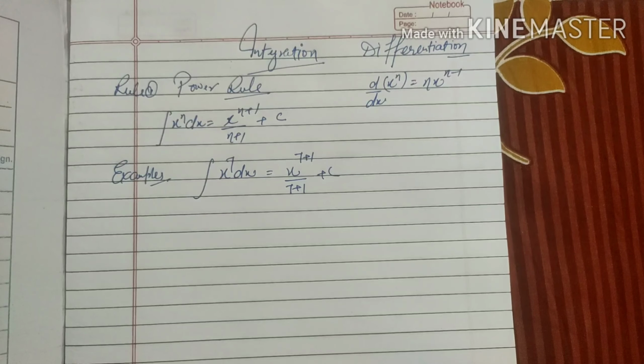Another example we are taking here, 1 by square root of x dx. If we see here, 1 upon x raised to power half with dx. We shift x upside, because we have the rule that the variable should be in the numerator. This rule is true only for n not equal to minus 1. Shifting upside, x raised to power minus 1 by 2 dx, in the numerator, with change of sign. According to the power rule, power increases to plus half, divided by half, plus c. Overall we get double of square root of x plus c, where c is the constant of integration.